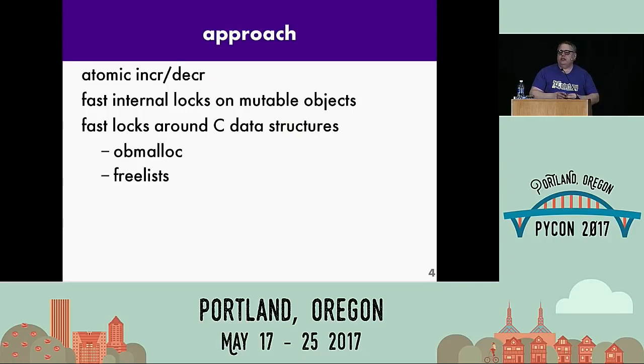Obmalloc, which is what we call the small block allocator. This is used for memory allocation for small objects, which is like under 256 bytes or something. I don't remember what the cutoff point is. But this is used for most of the objects that are allocated inside of CPython. And this is very finely tuned, and it's super fast. And CPython relies on it being fast. And adding locking to that in order to make it safe has slowed it down a great deal. Also, there are a bunch of free lists inside of CPython. It's very handy if you're using a bunch of, say, integers or